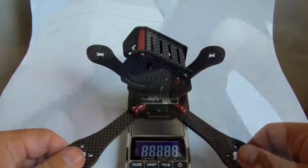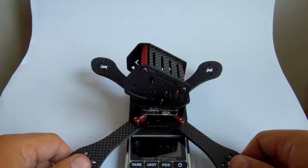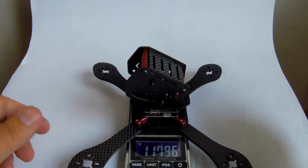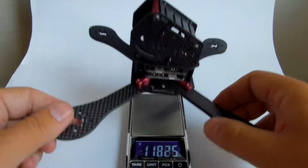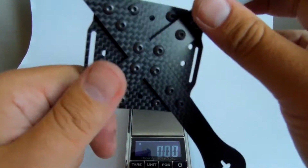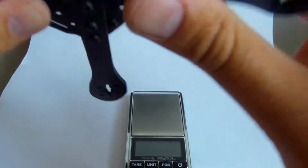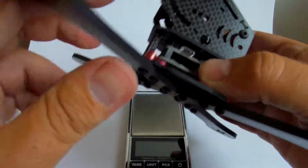And that's about it. Okay, so let's weigh the frame and the basics. Okay, so it's 118 grams, which is not really light, but don't forget that it has changeable arms, and it's also really strong. And also a very good thing is that the FC stack isn't structural,